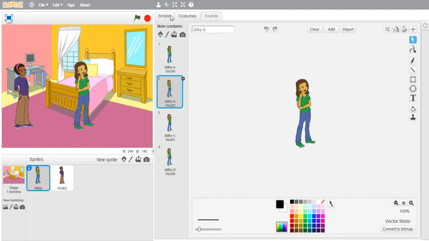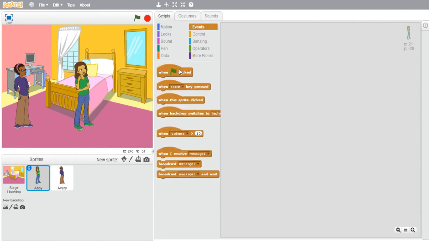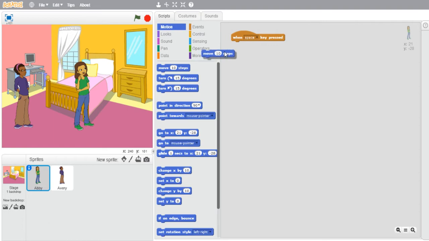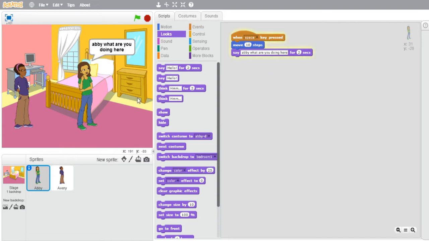Okay, so the basic thing we want now is for Avery, when it starts, to also be interactive. So we'll have this: when space key pressed, she will move 10 steps, and she will say, Abby, what are you here? So if we try this now,